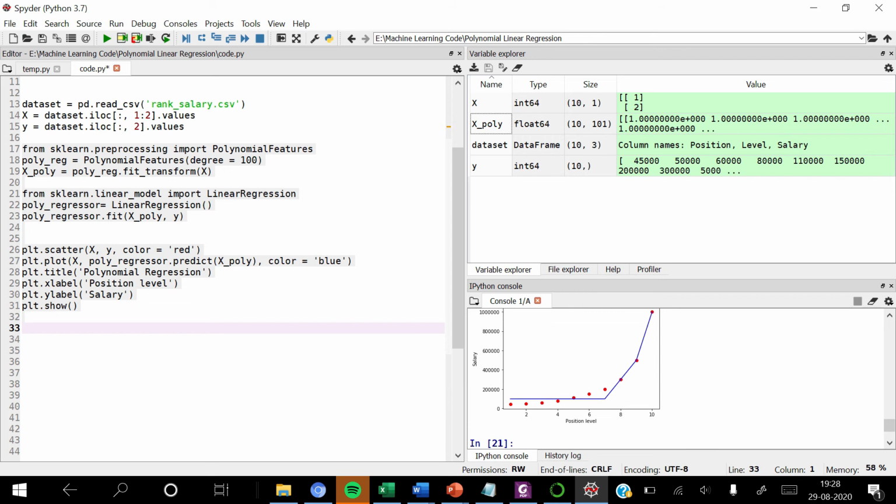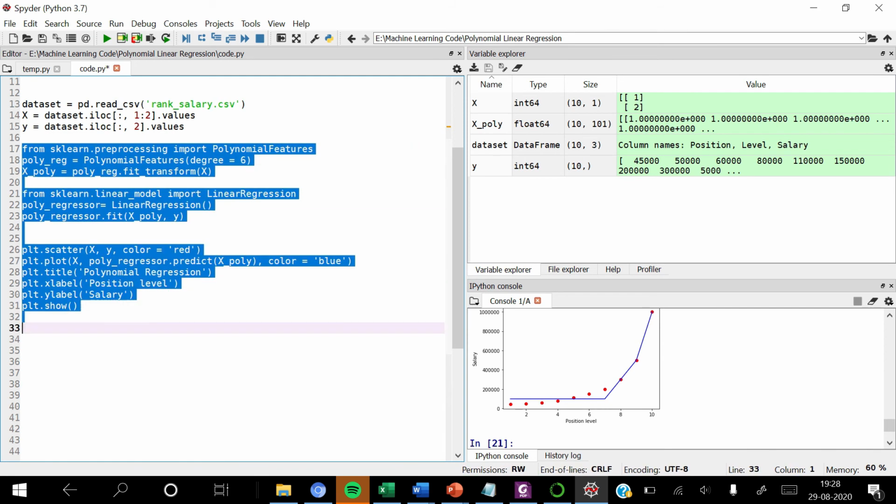So it means you cannot just increase the value of degree too much, because our model will become insensitive to small variation. You can experiment with values like 5 to 10 and you can compare your output. By using this visual representation, you may not be able to decide at which degree we are getting the best results. So we have something called error analysis. We can perform error analysis by changing different values of degree, and we will finally choose a degree when we have minimum value of error.